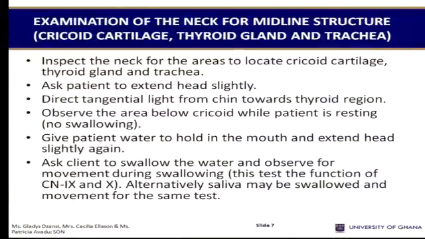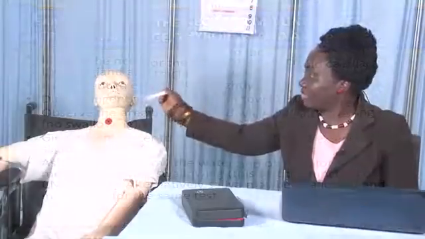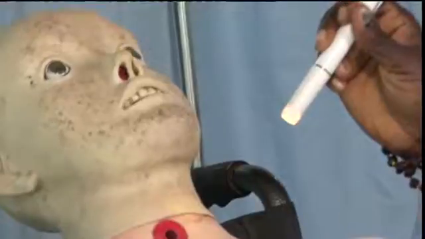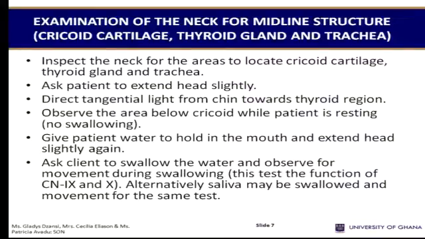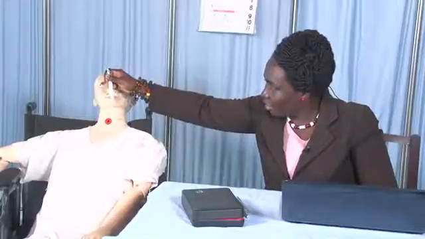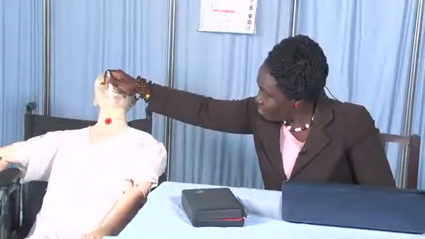You would direct tangential light. So tangential light is light that you flash towards the side, so it doesn't create a shadow and you can see the patient's neck. So you direct the light, while the neck is flexed, you direct the light from the chin towards the neck and you observe